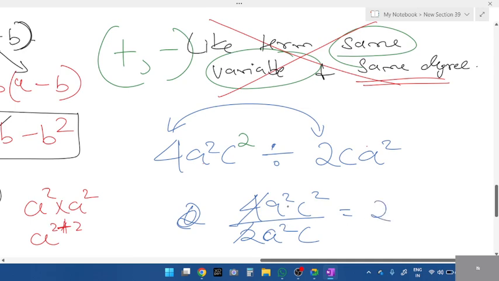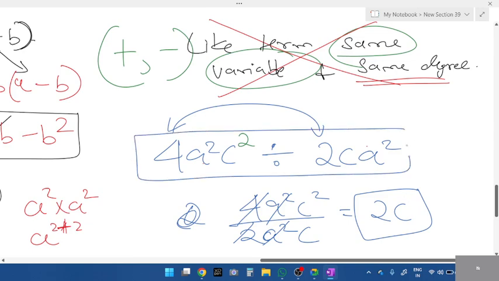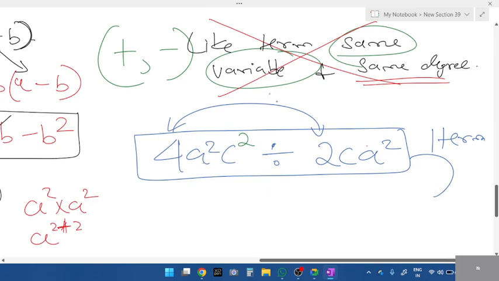What about a square and a square? Gets cancelled. 2c is the answer. Good. You all are answering. Correct. So how many terms are there when division is given? It is always one term. The reason is we can solve them. Okay. We can solve the answer. It is one term. Even if you're not able to solve, students, even if you're not able to solve,